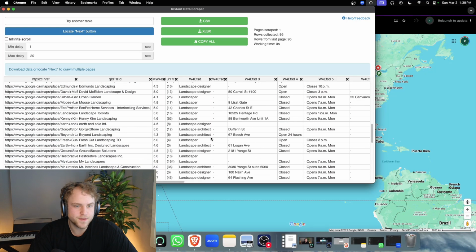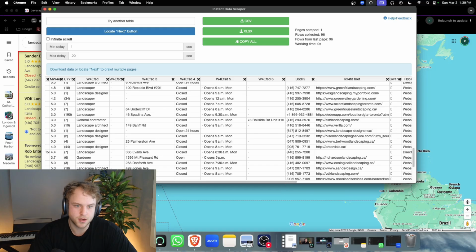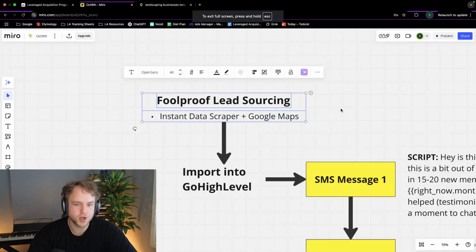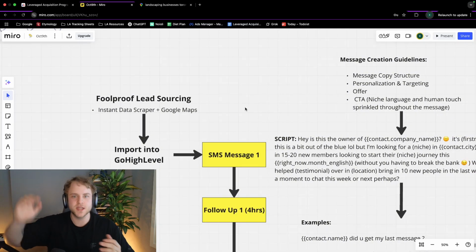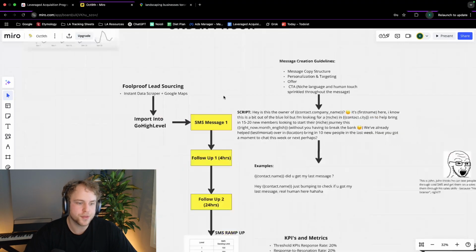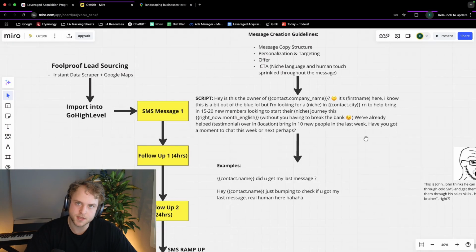And as you can see right here, we've just got hundreds of actual phone numbers with landscapers that you can start contacting. And then now the next thing we have to do is import this into Go High Level. Okay, so you're going to simply upload these numbers into Go High Level. Now you have a list of leads that you can actually contact with your offer. And there are 3 messages that we're going to send to these prospects. And I'm going to give you the exact scripts that we use as a company to book sales meetings with